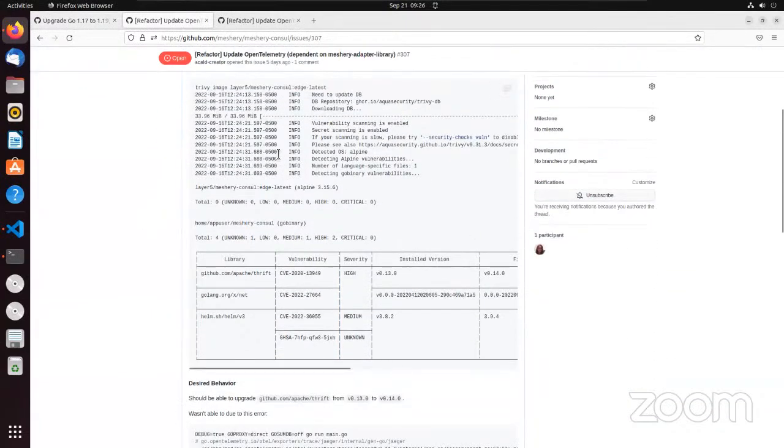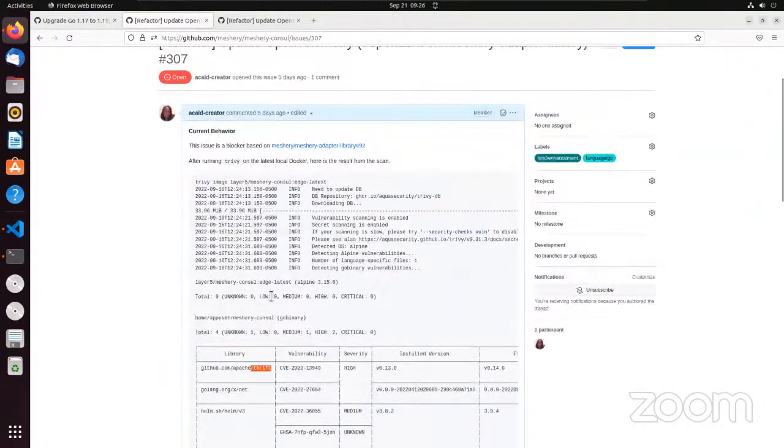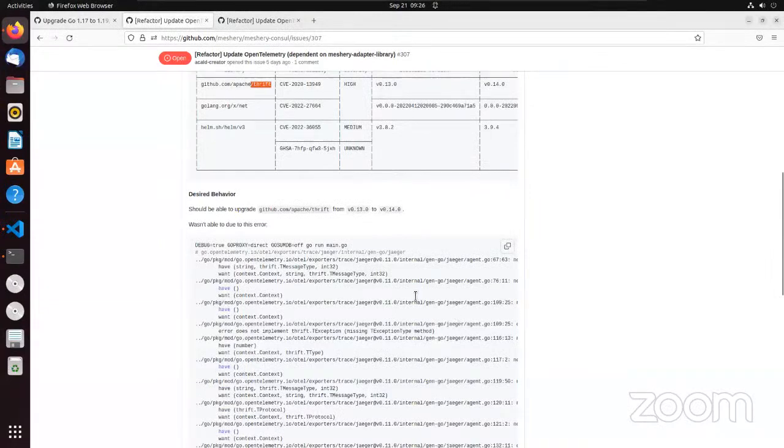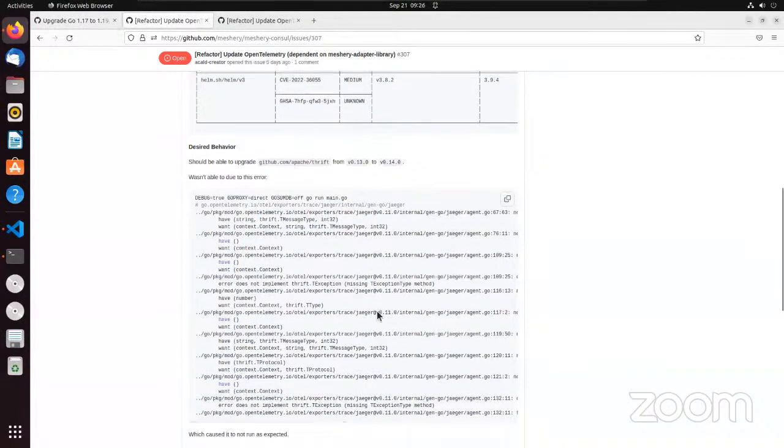And if you build the images, they will all have similarities with the Thrift, the net, and the Helm that needs to be updated. So Helm can be updated, no problem. But the Thrift is dependent on the open telemetry, which causes an issue somewhere like this. So that's the only thing that I have not done because it's all similar on all of the adapter libraries.